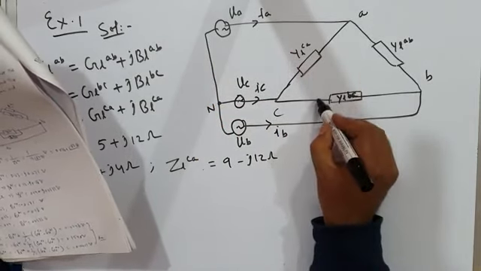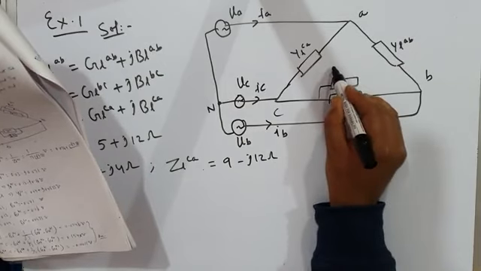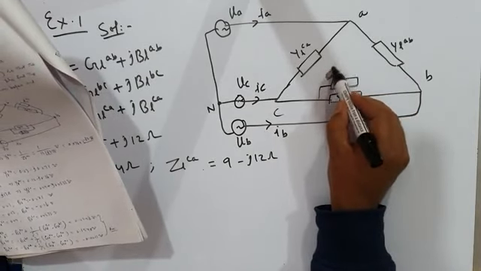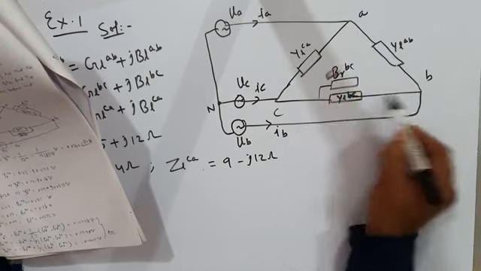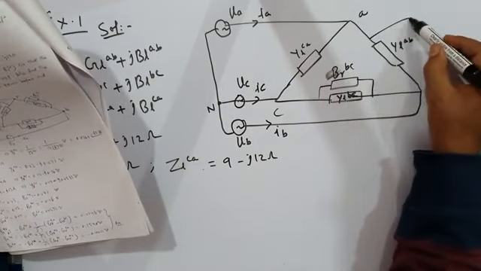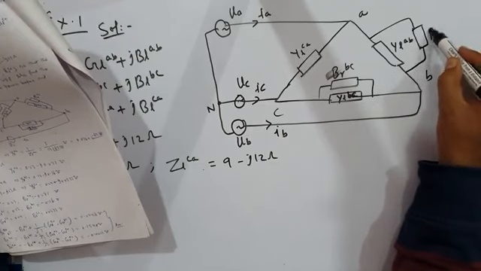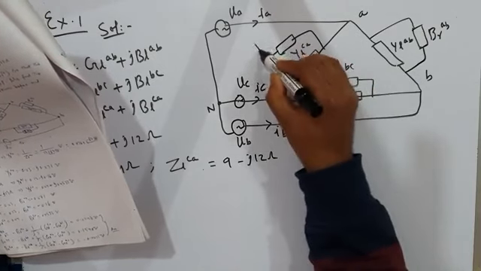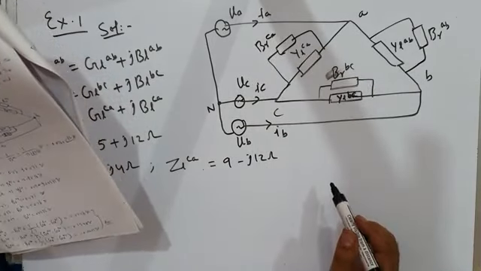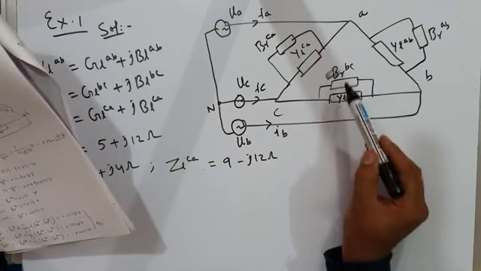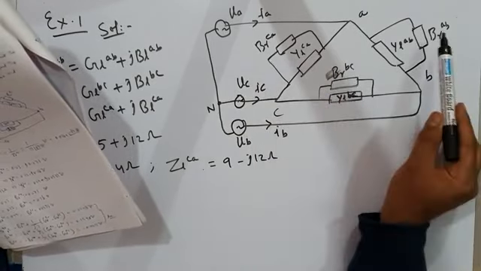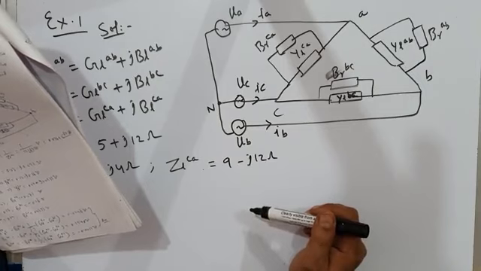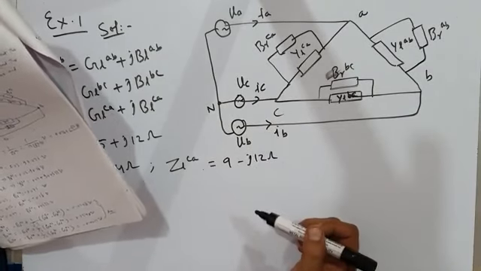Therefore we will connect the compensator branches. This is B gamma BC. This is another compensator branch, B gamma AB, and this is the third compensator branch, B gamma CA. We have to calculate these compensator branch parameters, B gamma AB, B gamma BC, and B gamma CA, for the purpose of line current balancing and for unity power factor operation.